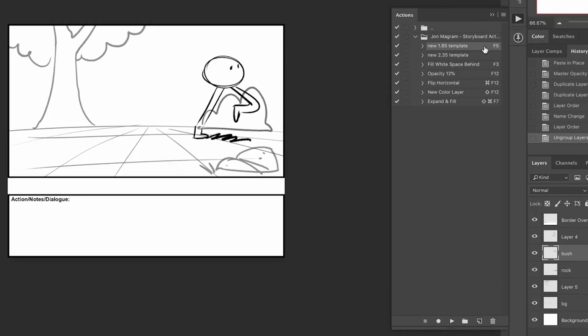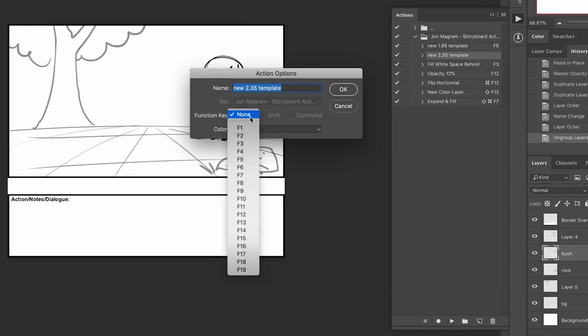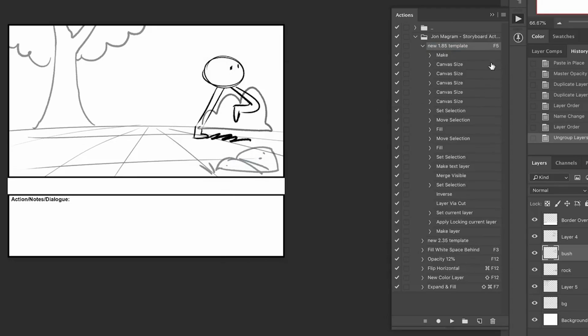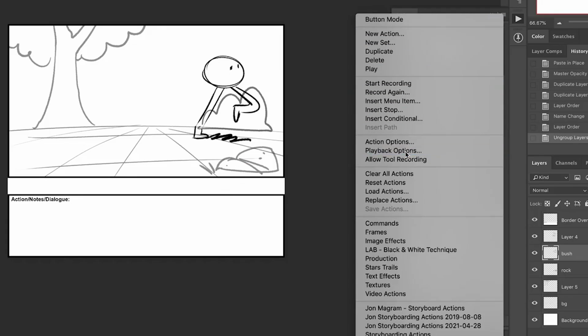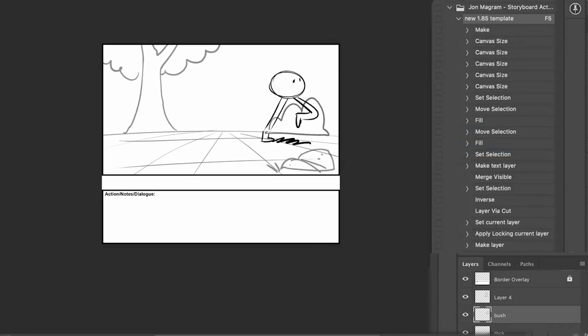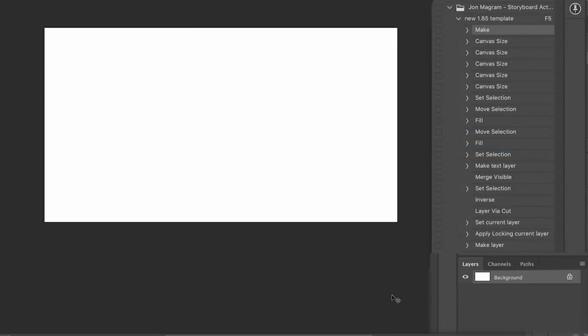So the first one that I always have is my new storyboard template, and my hotkey for this is F5. I'll just reassign F5 to different aspect ratios depending on the project I'm on and what aspect ratio they're using. The action itself is somewhat complicated, but it's not that hard if you understand the basics of how to create actions. I'll just give a quick step-by-step demo of it, just in case you want to venture into making your own. So first, it makes a new document, which matches exactly the aspect ratio that you're using, and then